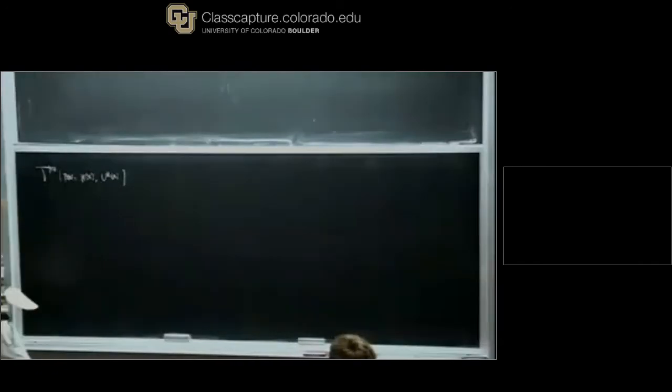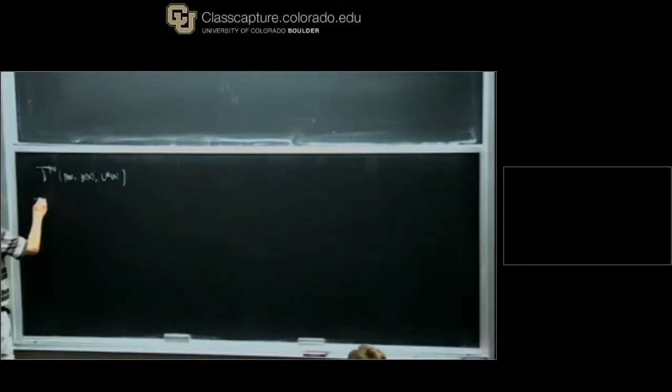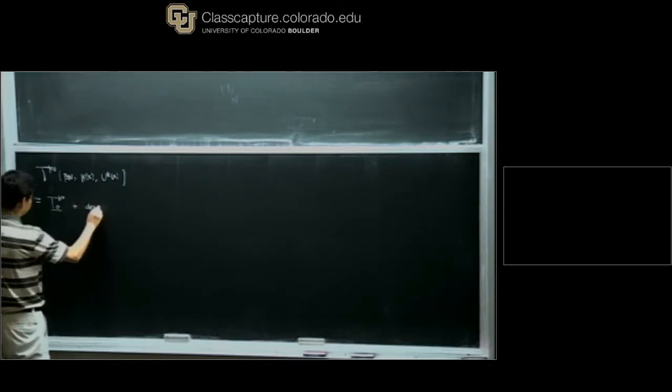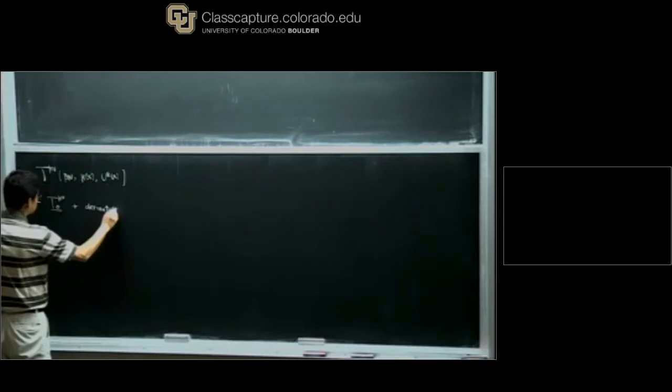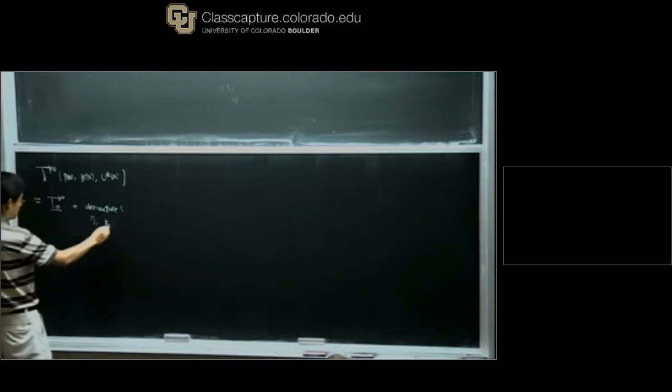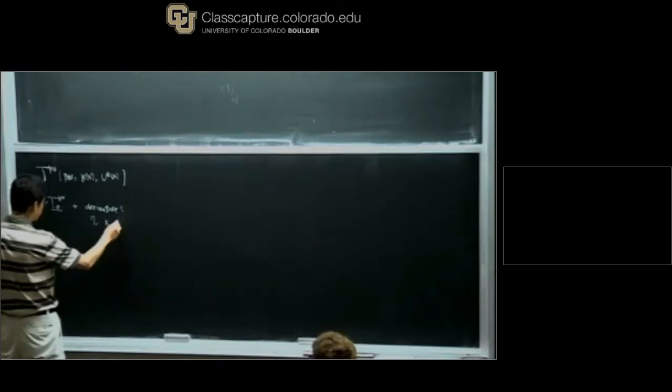The rest just becomes tensor analysis. You expand: the zeroth order is just the equilibrium expression, which is normally called ideal fluid, and then you will have higher order derivative corrections. In those derivative corrections, of course, there's a viscosity, for example shear viscosity, bulk viscosity,